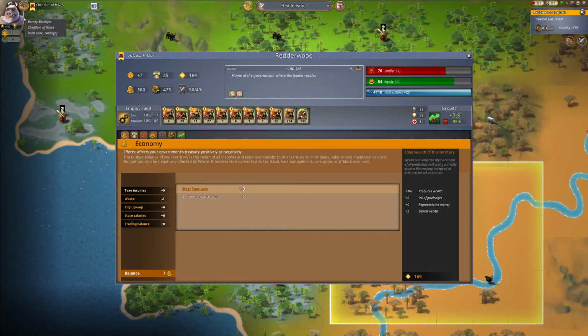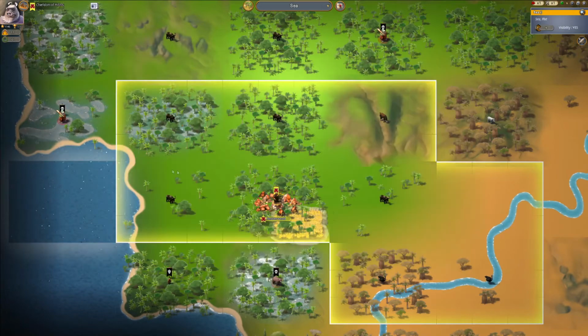25% of that will be converted into coins, and that will then be given to our treasury, put into our treasury I should say, which we can then spend. So privileges is really important. What you need to know about privileges is it only affects your capital, and it's 25% of the wealth. So developing your capital throughout the game is very